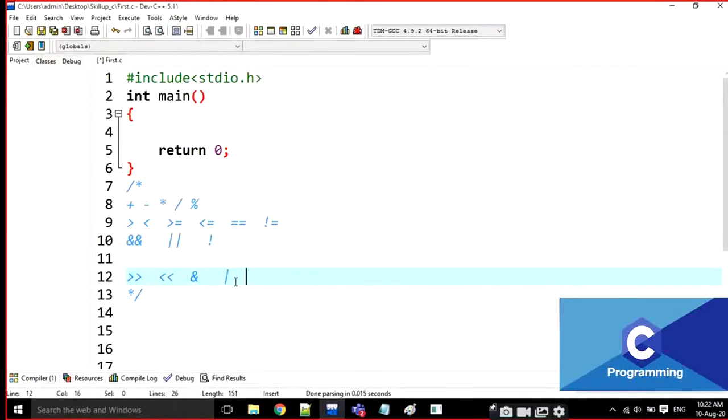Bitwise XOR is the cap symbol. Bitwise NOT is the tilde symbol, on the left side of the 1 key. The right shift operator, the left shift operator, bitwise AND, bitwise OR, bitwise XOR, bitwise NOT. These are the bitwise operators.